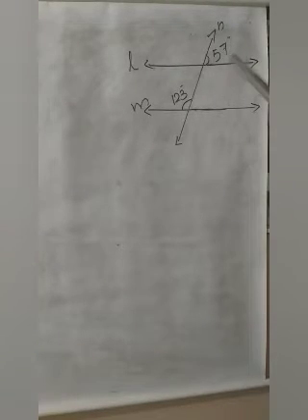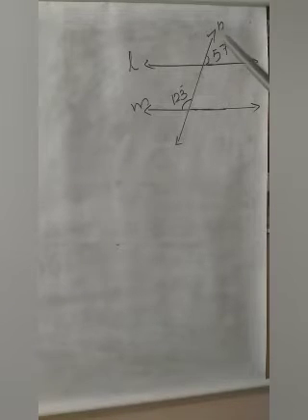Next one. Here the same L and M, two lines, are given. We have to prove L and M are parallel. Here the given angles are this angle 123 and here 57. So here how can we prove that these two lines are parallel or not? For that, take any pair of angles, alternate or corresponding or the sum of interior angles on the same side, any concept you can take. Whichever is easy, you can go for that.